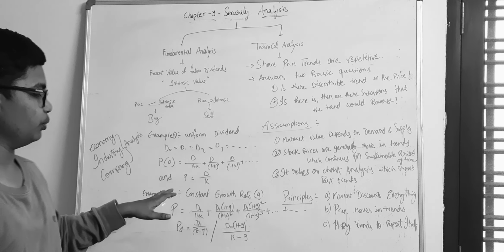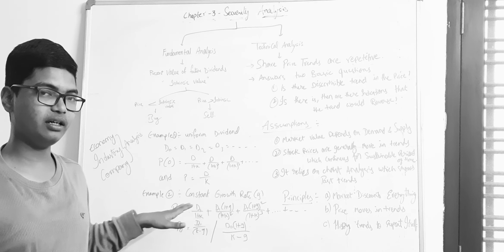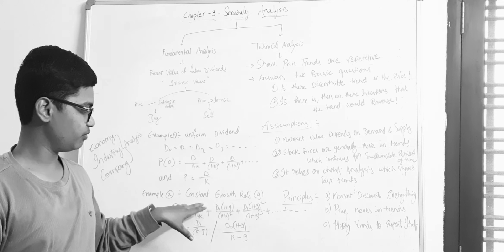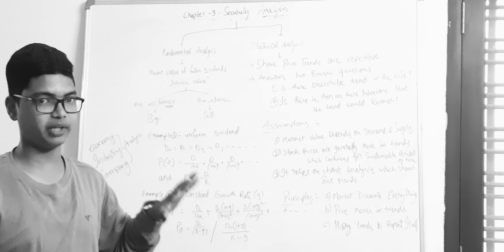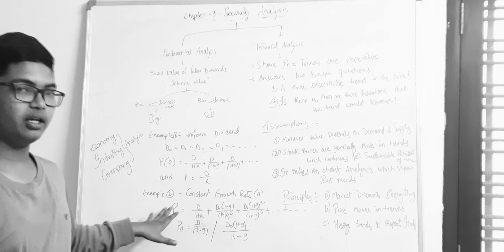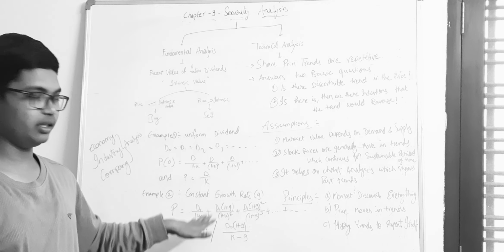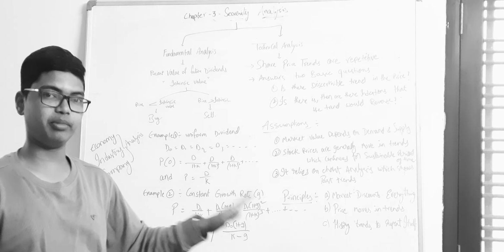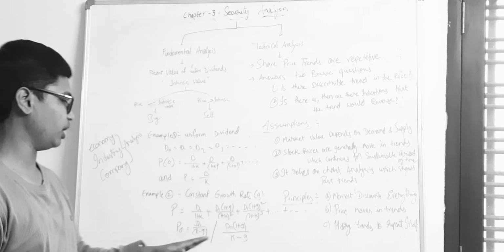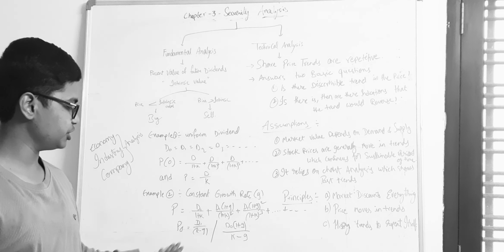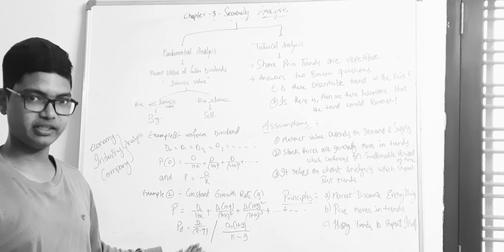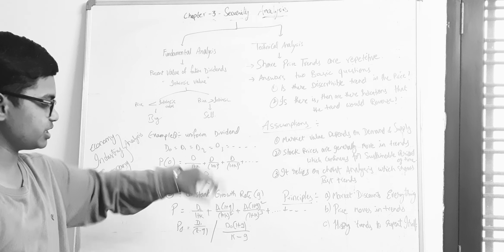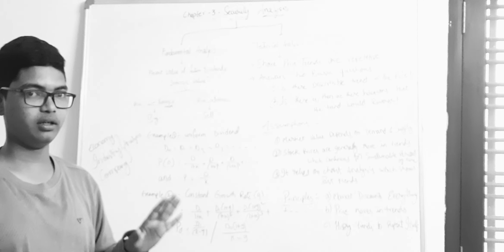Next, example 2, where constant growth is there in the dividend. Whatever dividend is given in the first year, for the second year some growth percentage will be there. Then the formula will be price equals D1 divided by 1 plus K, plus D1 into (1 plus G) divided by (1 plus K) whole square, plus D1 into (1 plus G) whole square divided by (1 plus K) whole cube, and so on. This can be reflected as P0 equals D1 divided by K minus G. And if D1 is not given and D0 is given, then D0 into (1 plus G) divided by K minus G is the formula.